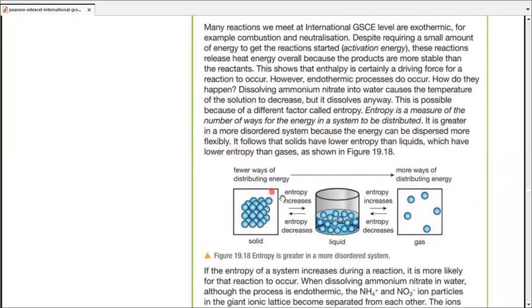Let's take a look at an example to explain it. Solids are packed together. There are very few ways of distributing energy, since they are packed so closely together, they don't even have enough space to squeeze more molecules in between them. When we convert a solid into a liquid, we actually move the molecules a little bit away from one another,